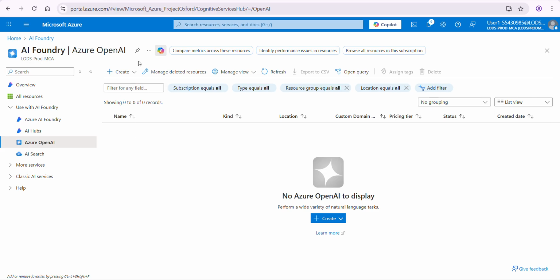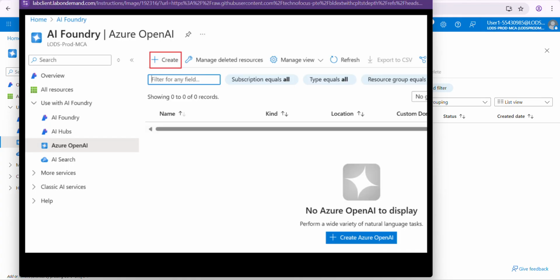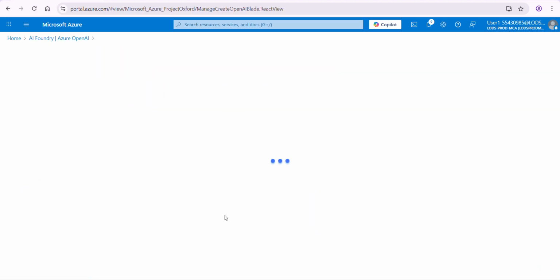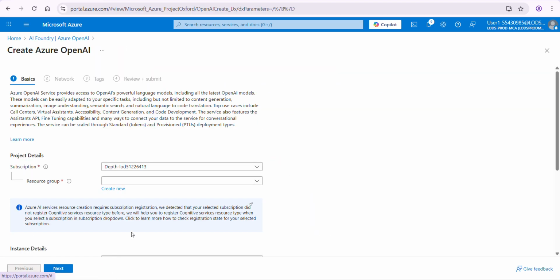In order to do that, I'll just click Azure, and as you can see, I do have multiple things over here. One is giving me the recommended Azure AI Foundry, and then the second, which will be created on this interface on the portal. So I'll just keep it simple for now. I'll just click on Azure OpenAI. I will select my resource,